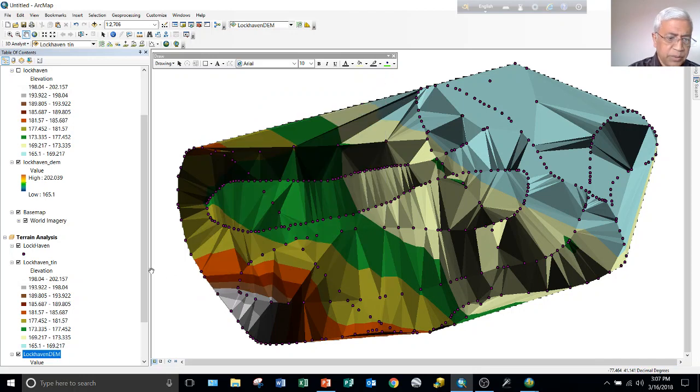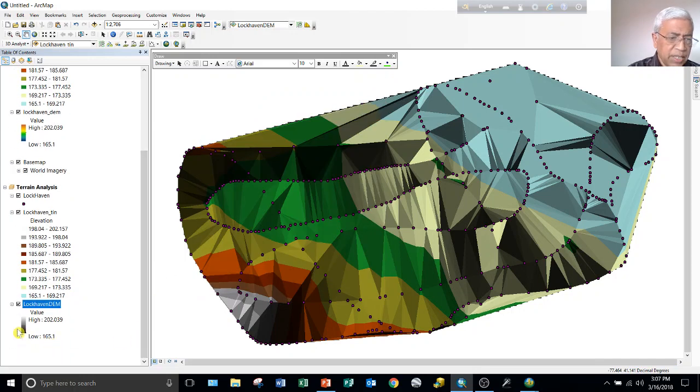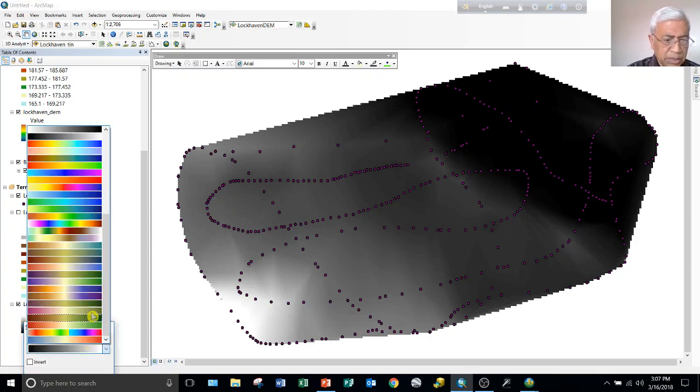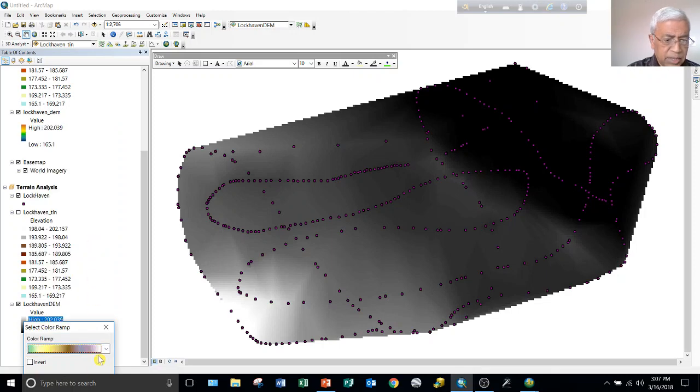let me show you that file. So here's the raster file. If we uncheck the tin, then we can see the raster file black and white, but we can choose a color ramp for it, whatever you like. So here is